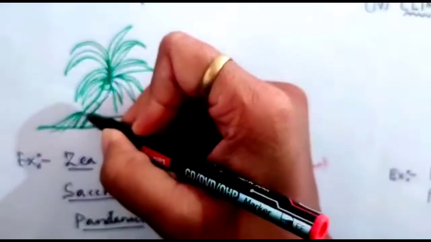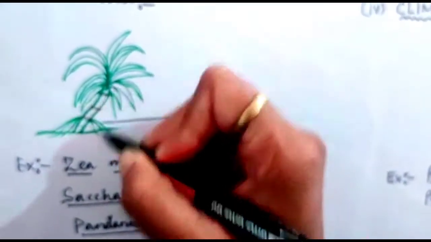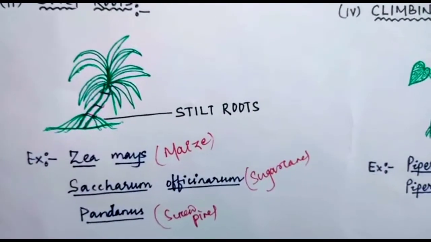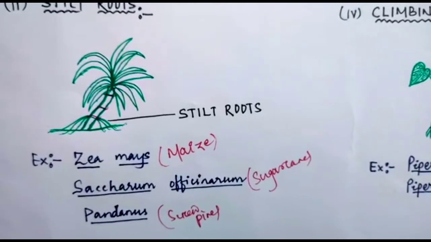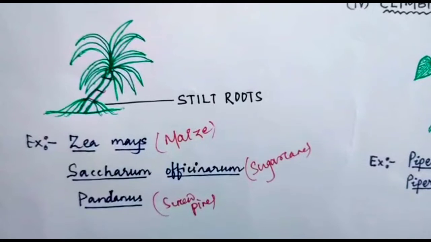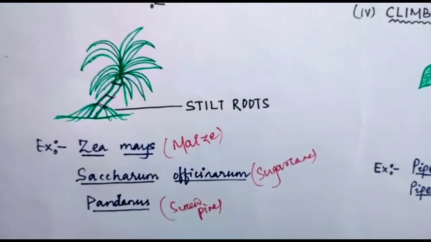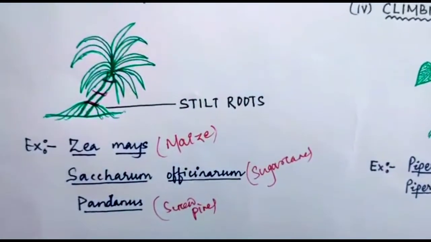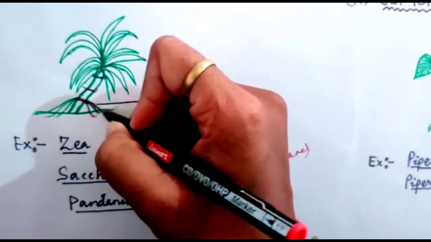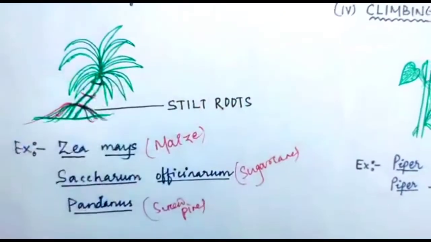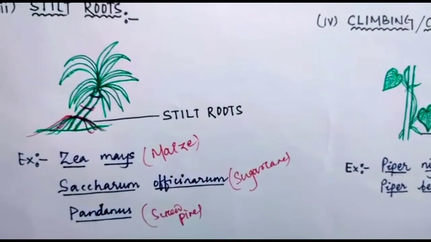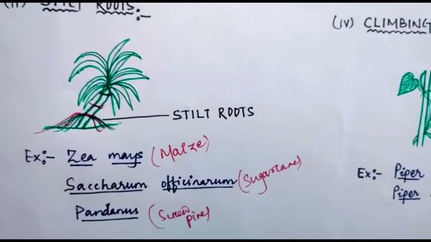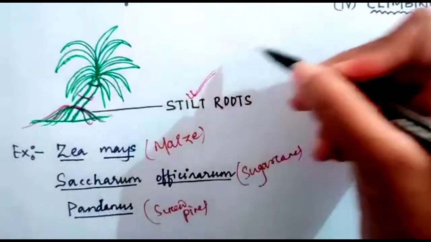It is the plant and these are the nodes. The stem is very thin and slender like, and to provide the extra support or additional support to this plant, the roots arise from the basal node of the stem. So these are the nodes and this is the basal node. From this basal node, fine hair like structure arise and it penetrates into the soil surface and provide extra support to the plant. This type of roots is known as stilt roots.